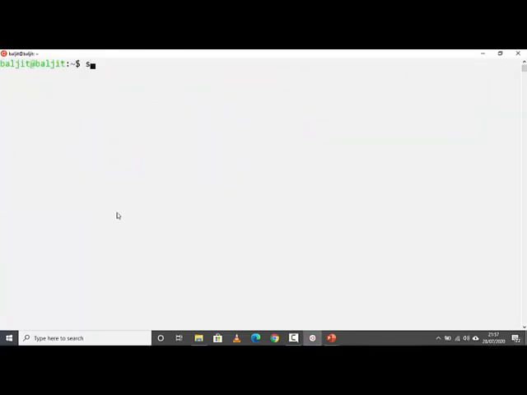Write sudo. Sudo is for running the command as the root user. sudo date -s, and then the year, month, date, which is 15 in this case, and then the time 9:45. So 9:45 means it is AM. Now fill in the password because you are running in sudo mode, so you need to give the password, and then we get the desired output. So that's all about the date command. Hope you have understood the use.